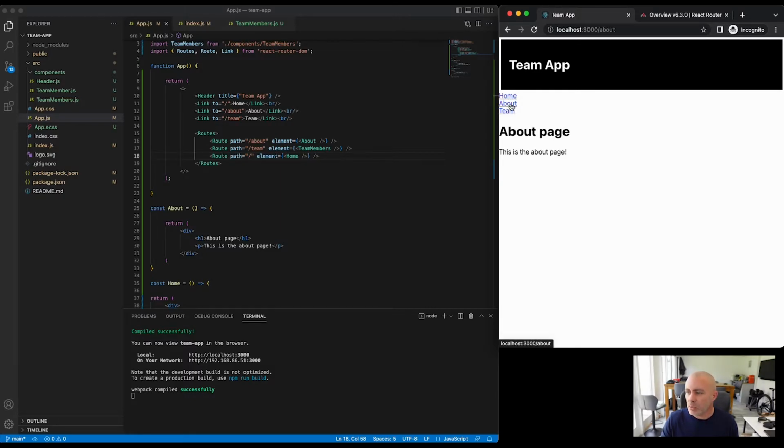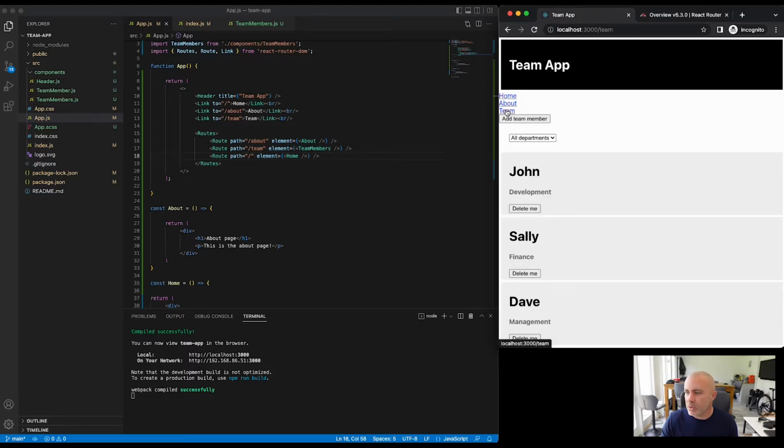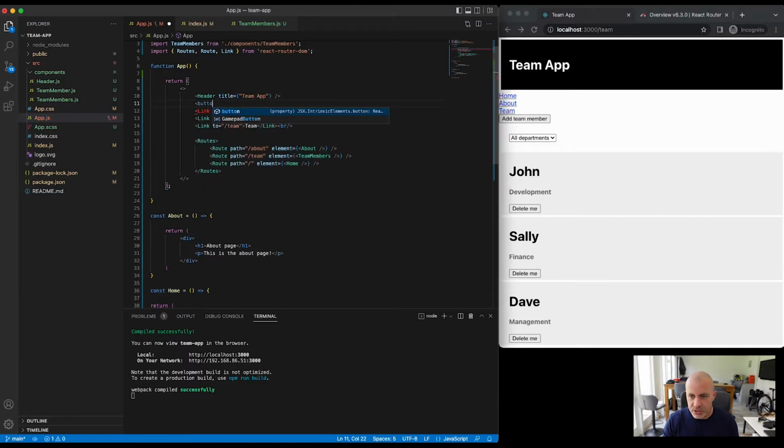If we hit about, we're on the about page, and if we hit team, we're showing the team members component. Now, there may well be lots of times where you want to navigate once you hit a button. It might be programmatic changes you want to make, not these link changes. So what we'll do, to show you an example, is add a button in here with a type of